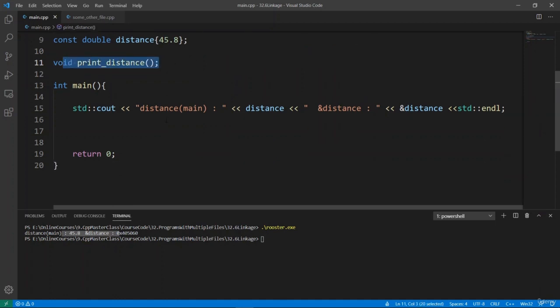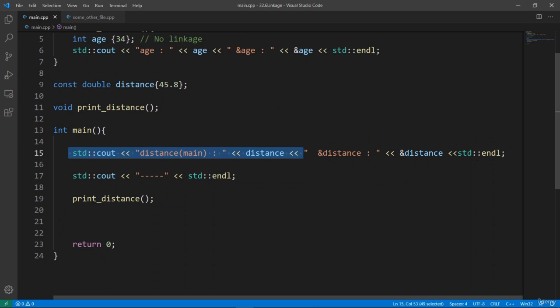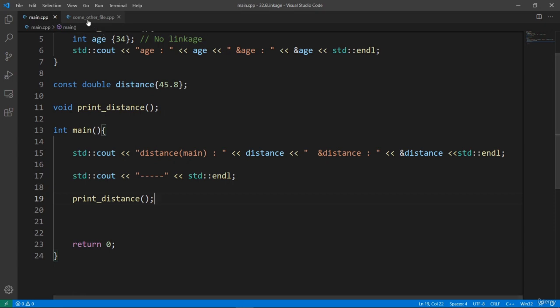This is going to do. If we go in main and call that function, we're going to put in a separator. Okay, so let's try and think about what is going to happen if we run this program. We're going to print the distance from the variable we have in main, and we're going to also call the print distance function we have in some other file, and hope that it's going to access the distance variable we have in main,